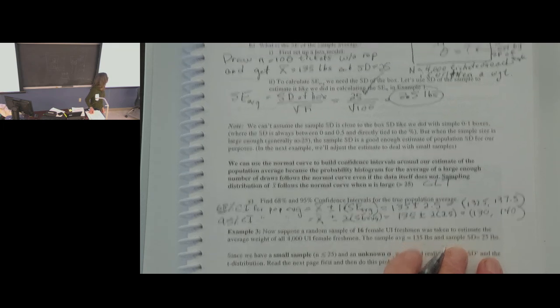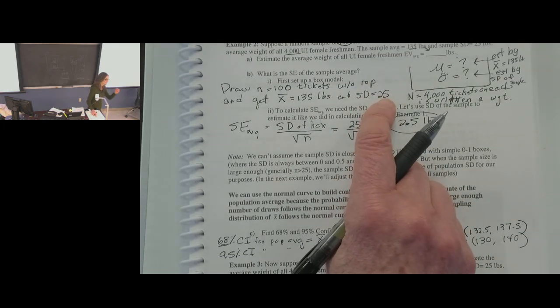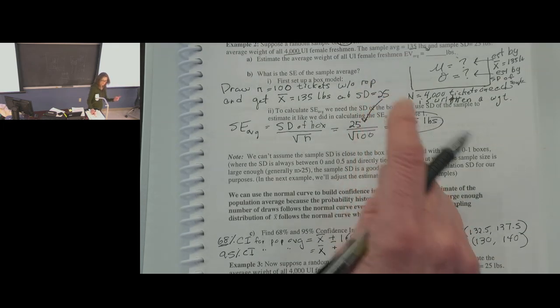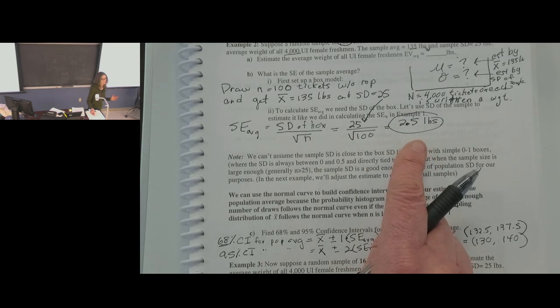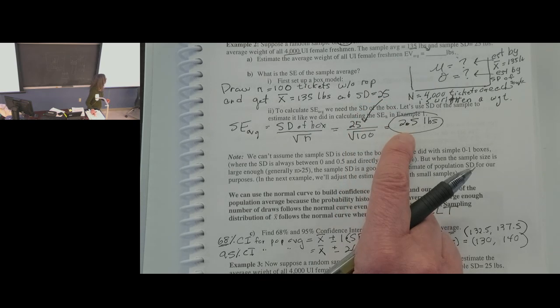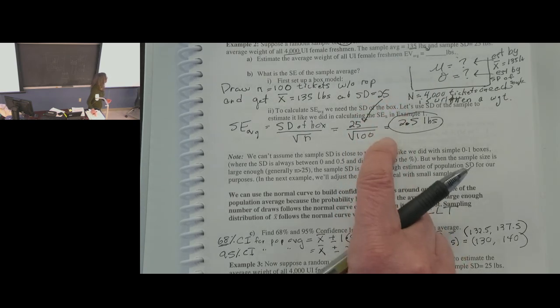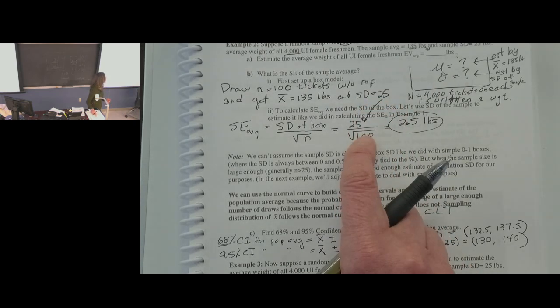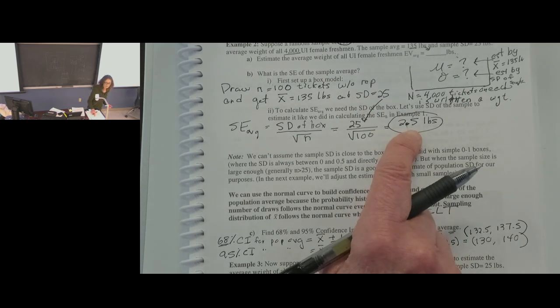So for one person, yeah, it's 25, just if you took a sample of 1. But if you take a sample of 100 and take the average, you don't get accuracy. It doesn't go down by dividing by 100. It goes down by the square root of 100, by a factor of 10. That's how much more accurate you are, depending on your sample size. All right, now,